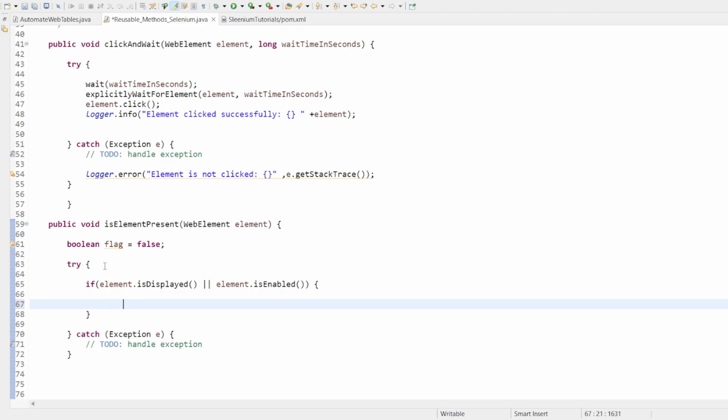Give me the flag value as true, that is flag equals true, which means that element is present. If that element is not present, it will go to the catch block, correct? So for example, if that element is not displayed or not enabled, then I am going to the catch block. Here I will define the exceptions. If that element is not displayed or not enabled, obviously we will get two types of exceptions,